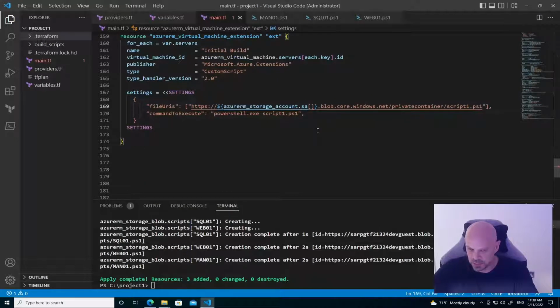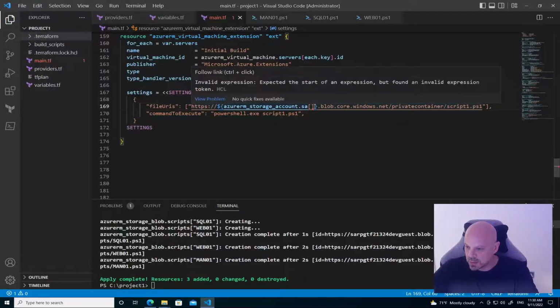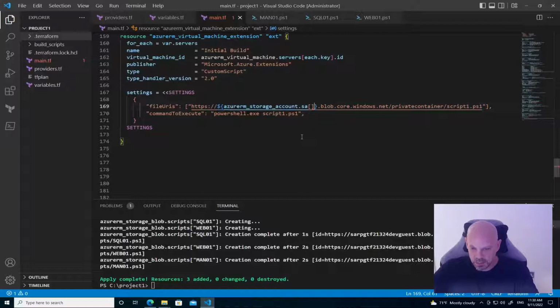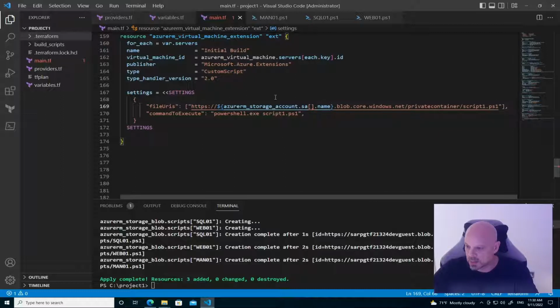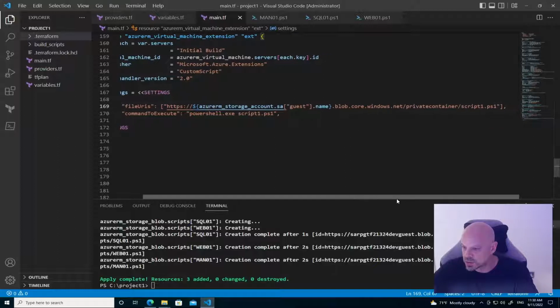And obviously we want to grab the .name, but we need to obviously specify the guest account. So the name, yeah, and then blob.core.windows.net. That's going to be the same for all blob storage. That's not something you customize or need to care about. So the key thing is our storage account name. And now we need the container. Well, we know what the container is. It's called